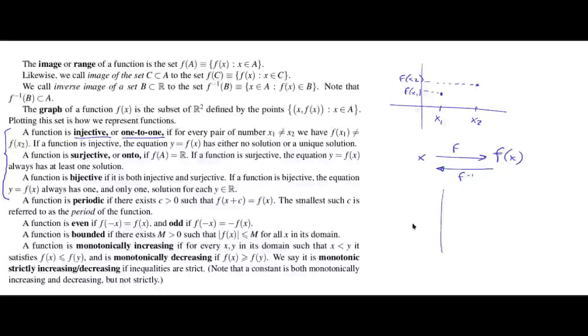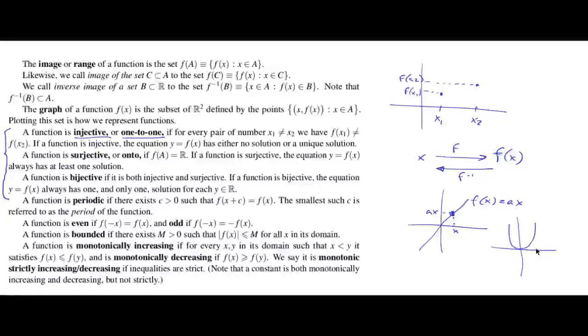For instance, if I have a line, f of x is a times x, where a is a real number, then this function is injective. If you take any value x, it is mapped to a times x, and the only time that the function takes the value a times x is when you use x as an input. But if you have x squared,